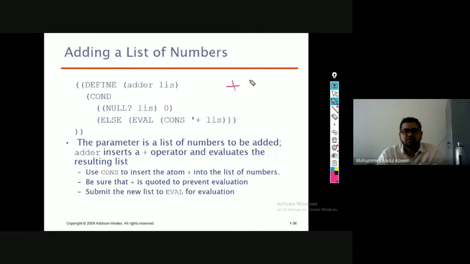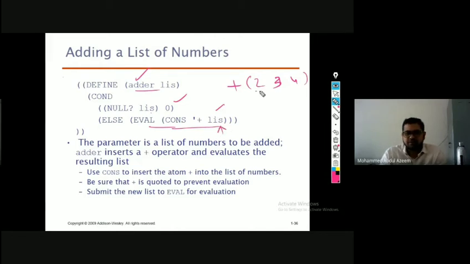If it is null, you return 0. Otherwise, you go for cons of the plus, here added, in the sense plus you are saying, and the list, right? That list you are going to send. So this list is going to generate the elements being separated from that with the help of the CDR operation, right?